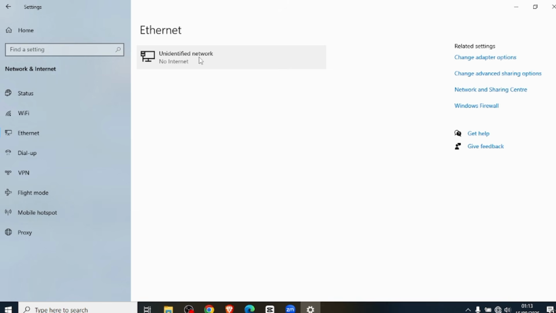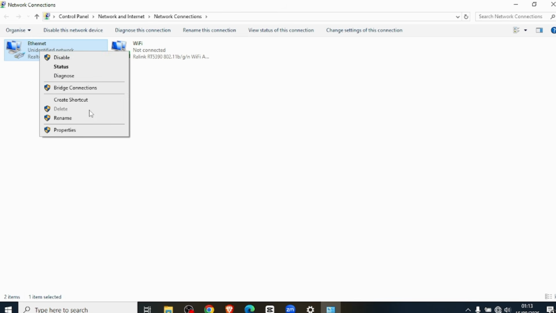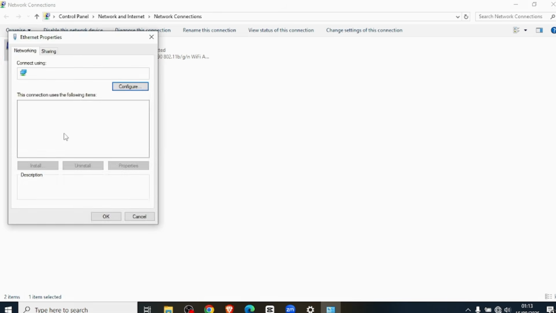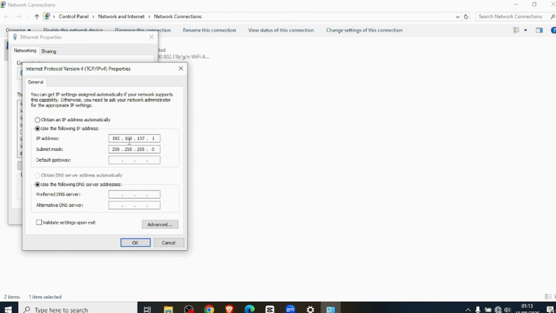So you go to change adapter options, then you go to this one, Ethernet. This is our Ethernet and identify network. This is the one we have connected. Then go to properties, then check for IPv4, this one, Internet Protocol version 4, double click, then change here to